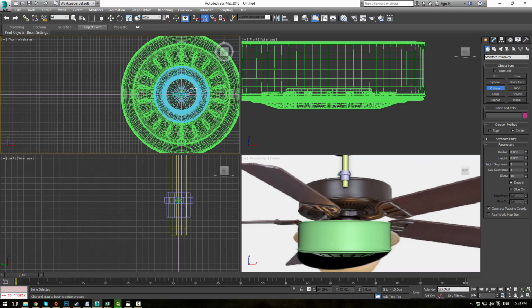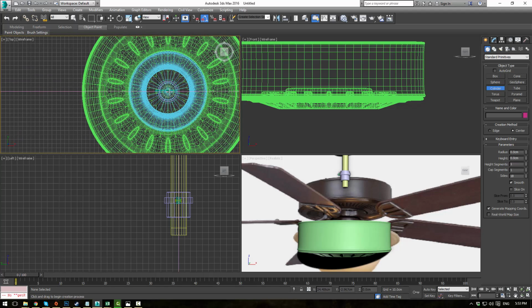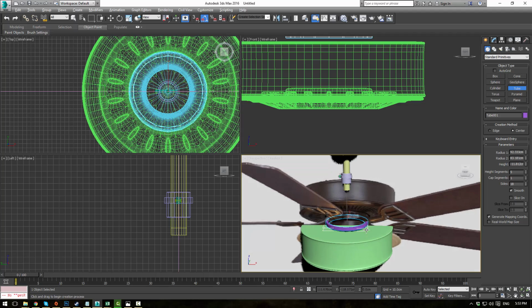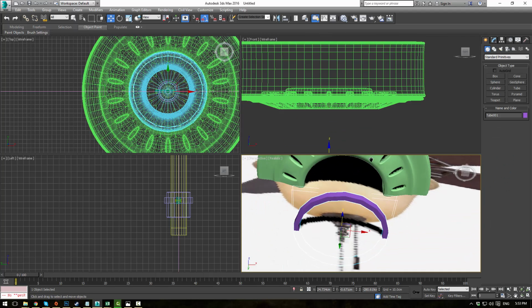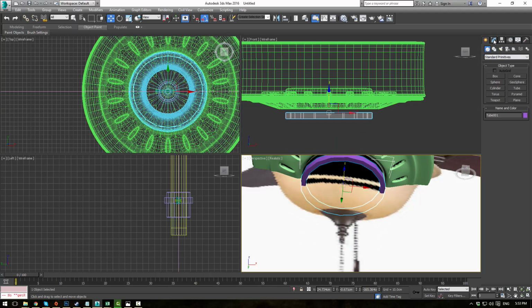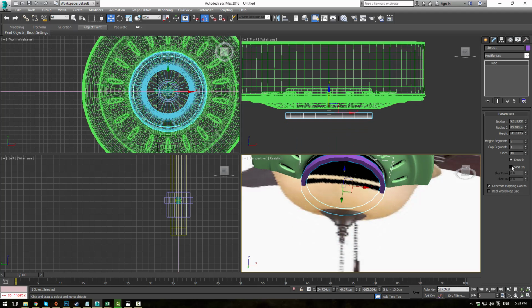So let's go to a cylinder here, and there are about 5 blades in this fan if I had to guess. So we're actually going to use a tube for this. So go from the center of your fan out to about there, in and a little bit. So we kind of created this little shape right here. Okay. Now what we need to do is we can use the slice feature, and we can slice a certain